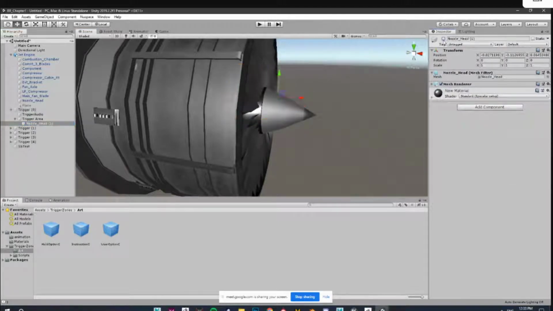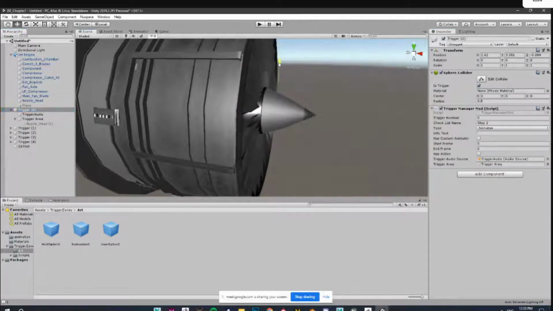Understood. But it's not duplicating the mesh or anything, right? When you added the nozzle head, is it duplicating the nozzle head? Yeah, I have duplicated it because we are not actually clicking on any of these parts. We are clicking on this trigger. But how would we visualize that there is a trigger?